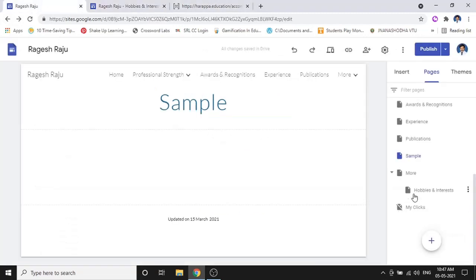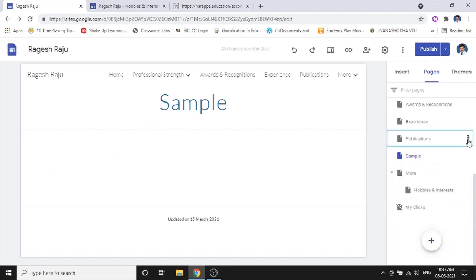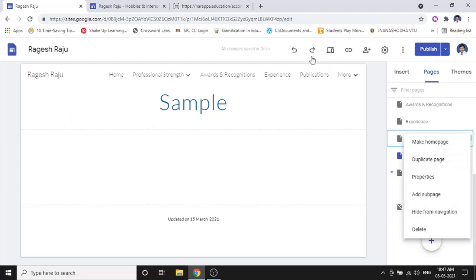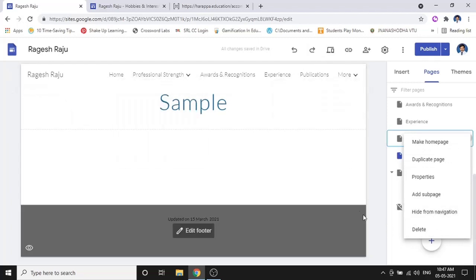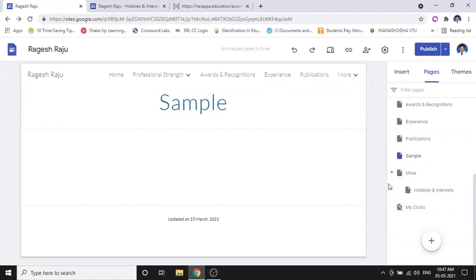If you want to do something like that, create a separate page and click on hide from navigation. That page will not be displayed in the menu, but you can redirect to that particular page from any other page, right? So that can be done.